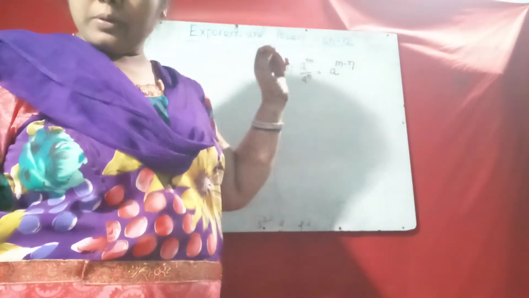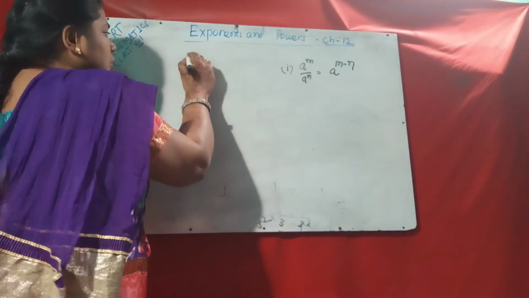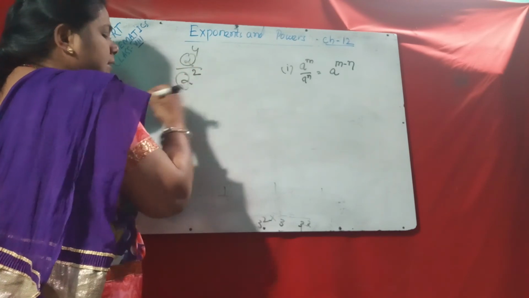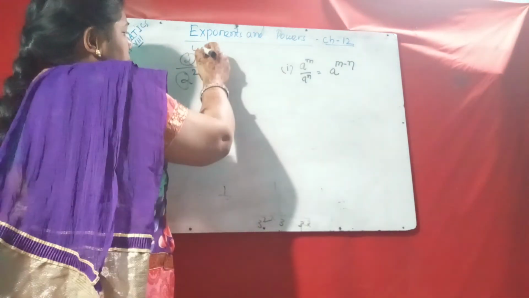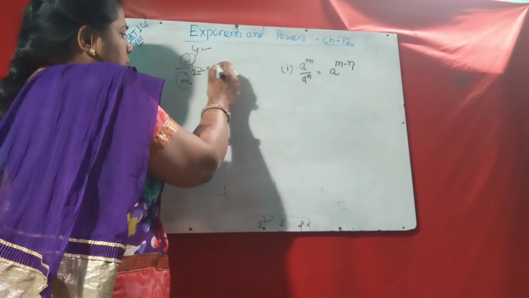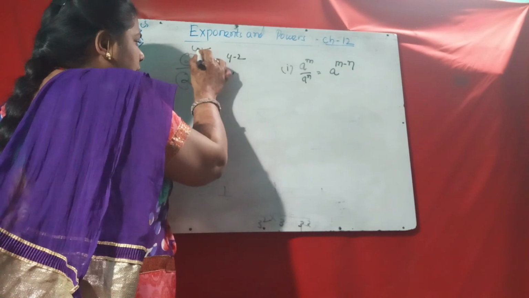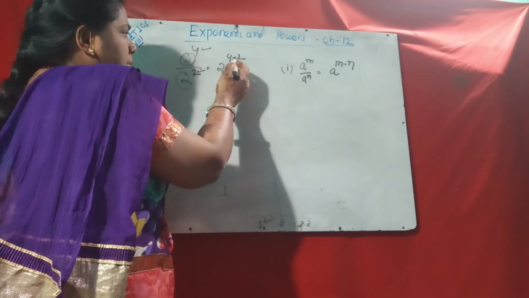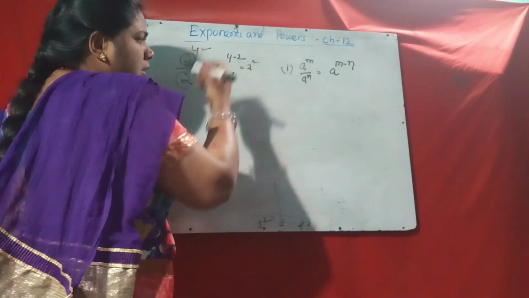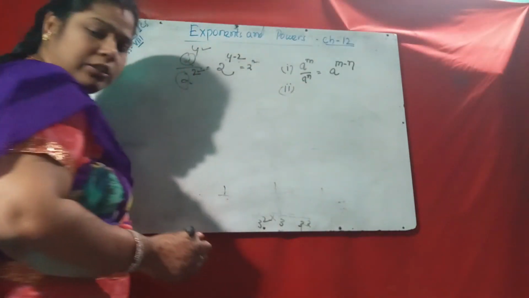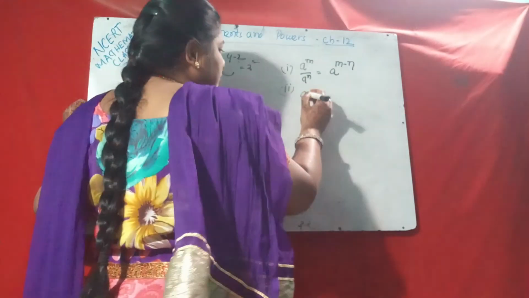This is the first law. That means suppose 2 to the power 4 by 2 to the power 2. Here the base is the same. Here the power is 4, here the power is 2, so you can write 2 to the power 4 minus 2. What I said, this is m, this is n, so m minus n, that is 2 to the power 2. Okay, this is the first law. The second law is, if a to the power m